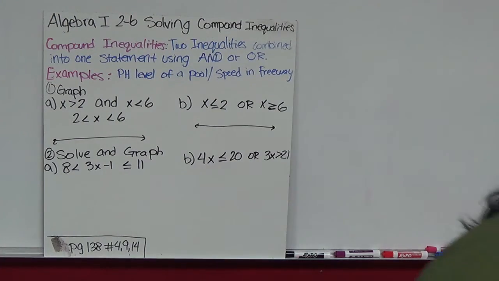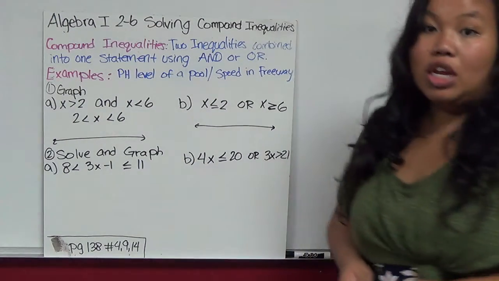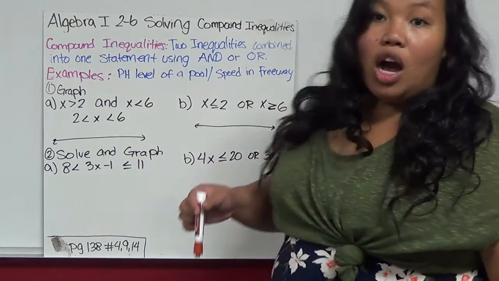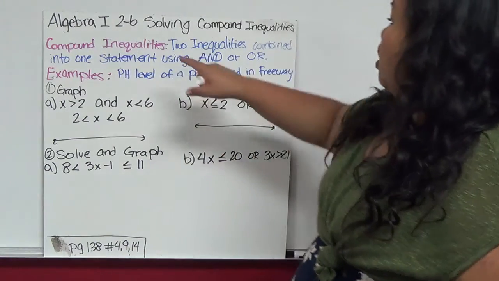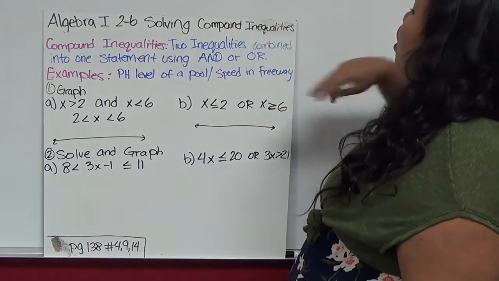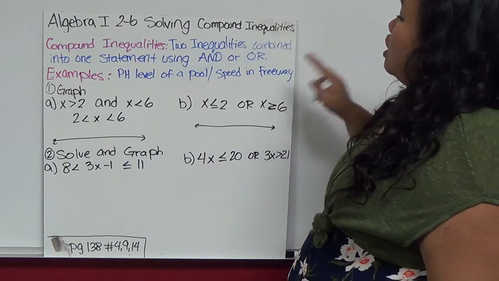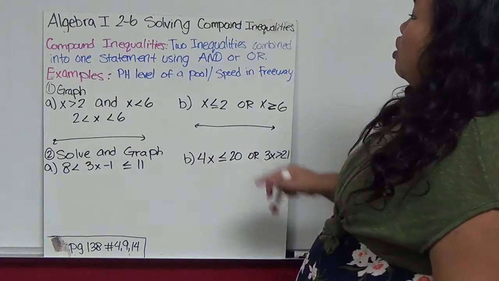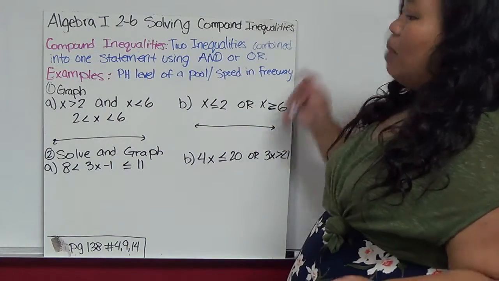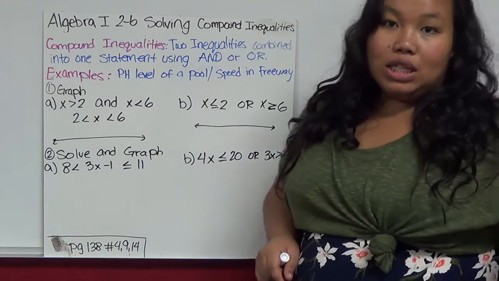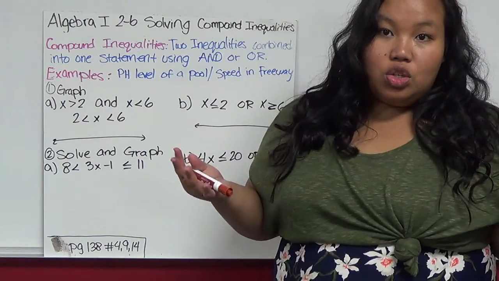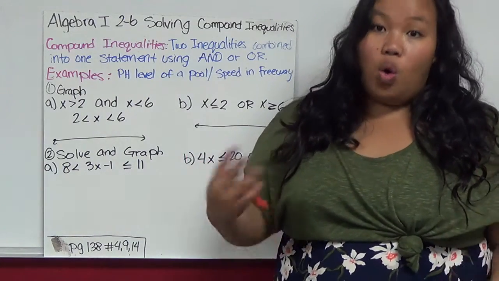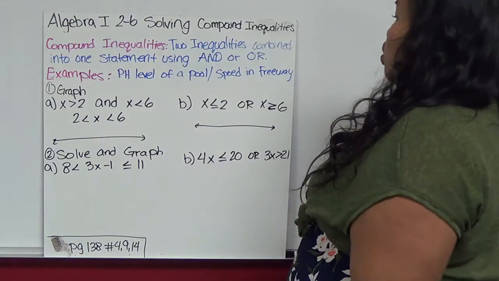In Algebra 1, Section 2.6, we're solving compound inequalities. So basically, a compound inequality is an inequality with two inequalities combined together into one statement, okay? And I use either "and" or "or" to combine them together. So this inequality is true and this inequality is true, or this inequality is true or this inequality is true,